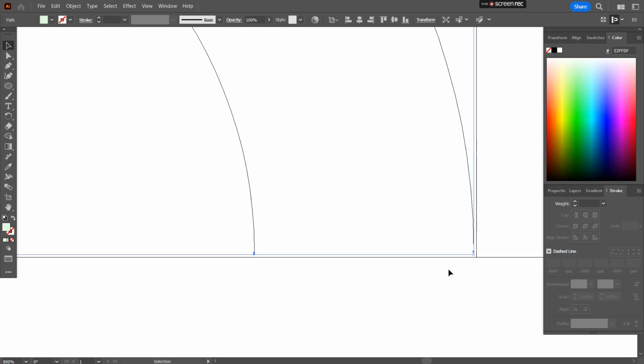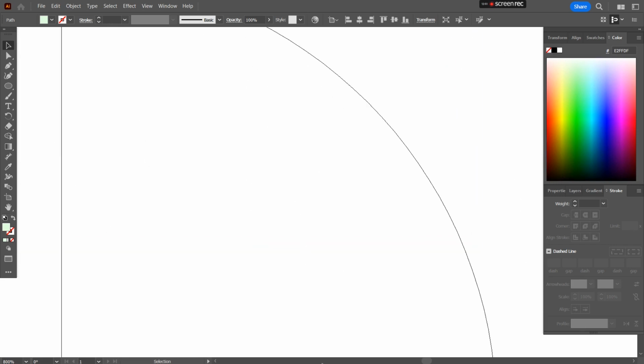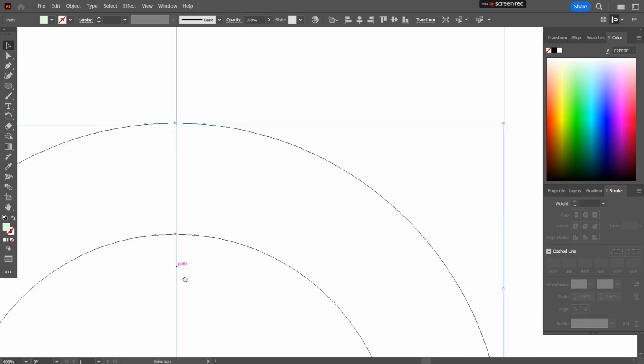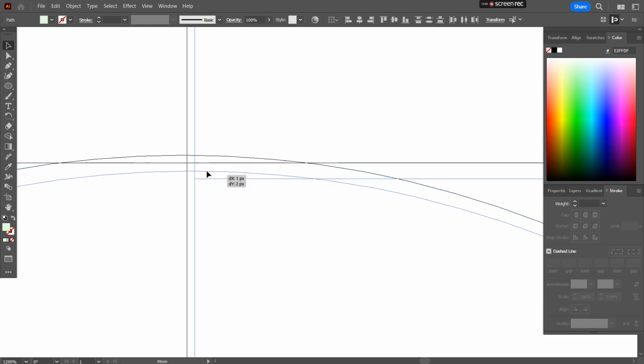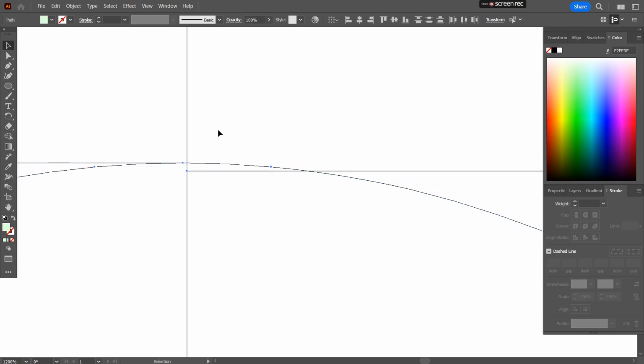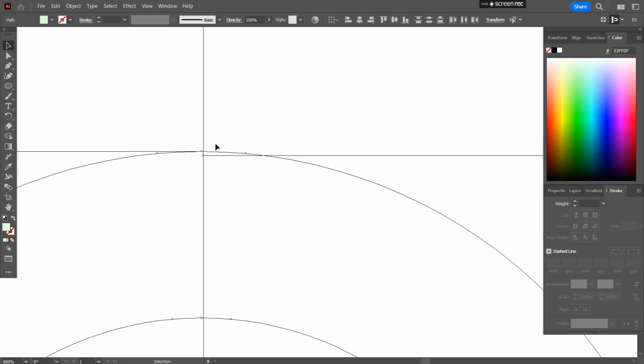Like so. It's still not doing it. I'll zoom out and I'll try and hold it from here. I'll hold the path and try and bring it here. Now it's aligned,